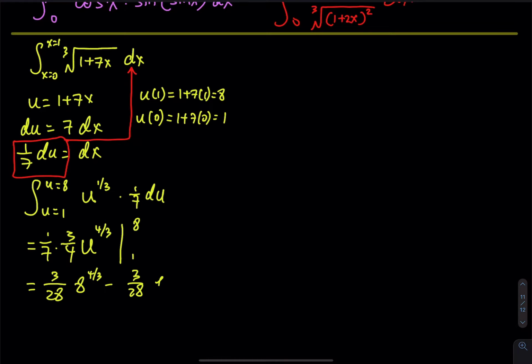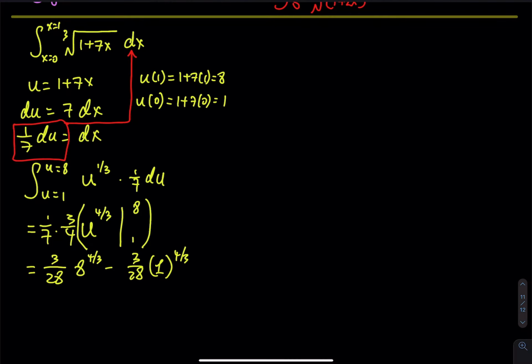1 to the 4 over 3 power, and don't forget to put the 3 over 28 in front of both because this is like a distribution. All right, so after you clean up all the math, the answer is equal to 45 over 28. So that is the answer of the first integral. And then the next integral,